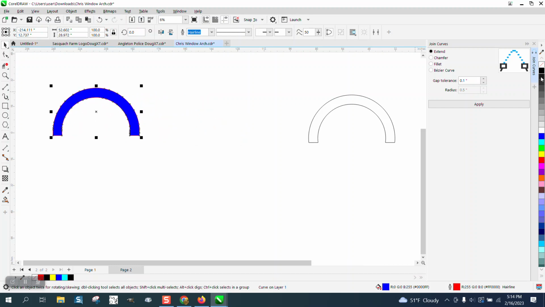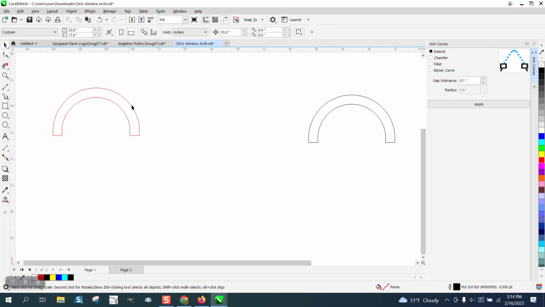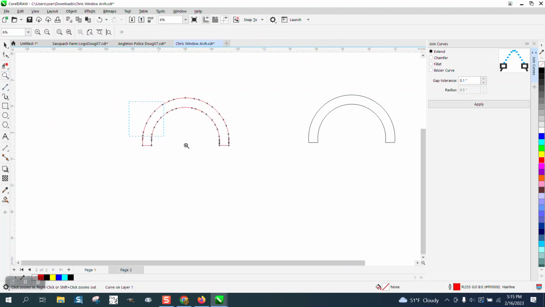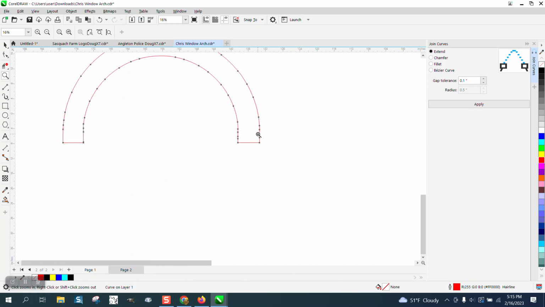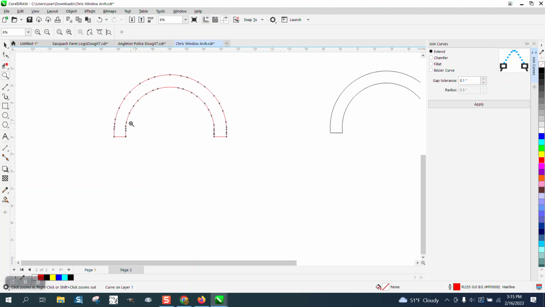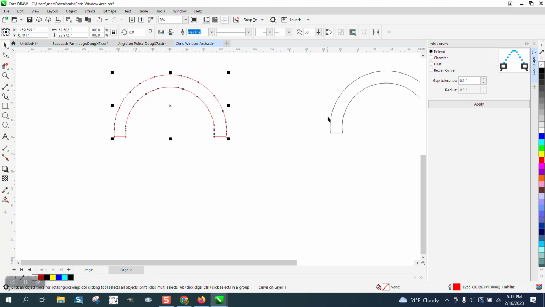We can move that over, and we can left click, right click on red and make it a hairline. Now, that's a little rough. It's got a lot of nodes. And maybe that's the way it has to be for his window. I don't know. I really think if this will work, and how I did that is